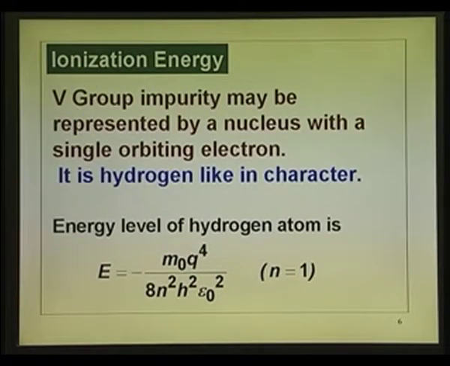Now, when you consider the silicon atom or gallium arsenide atom, or for that matter indium phosphide atom with a donor in these materials, when you consider it as just like a hydrogen like atom. So, if you want to compute the ionization energy of the donor, what you do is you compute this quantity, because after all when it goes to the conduction band, it is available for free transport, it is freed from the donor. So, that is the ionization energy. Now, what should you do to compute that? You put n as 1, and m naught you replace by the effective mass,